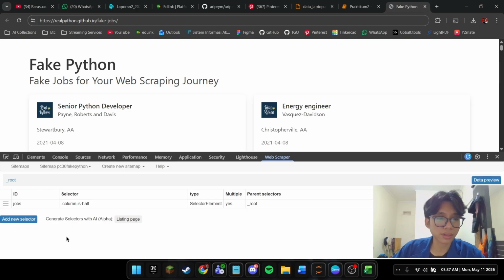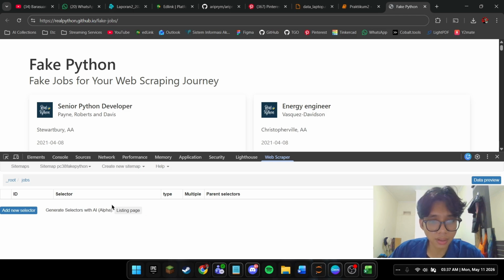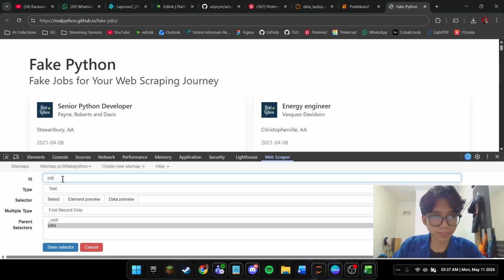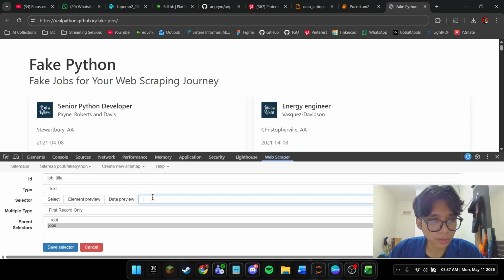After the main selector is saved, I go into the root or jobs hierarchy and add four child selectors to extract more specific data from each job card. First is job_title. And then I fill this selector with h2.title.